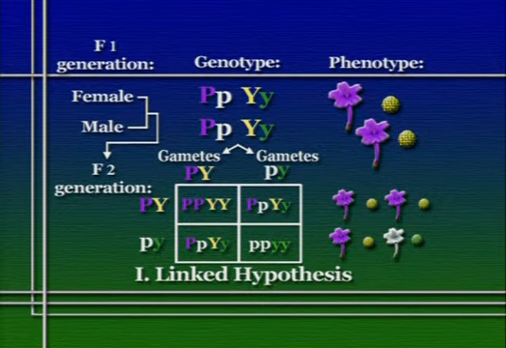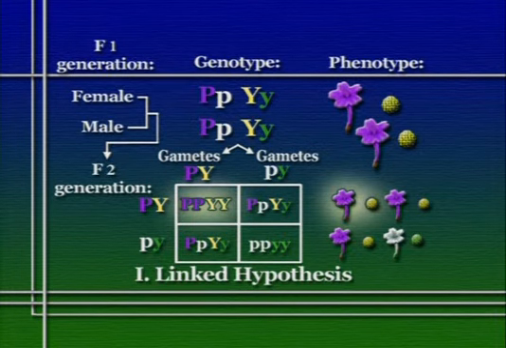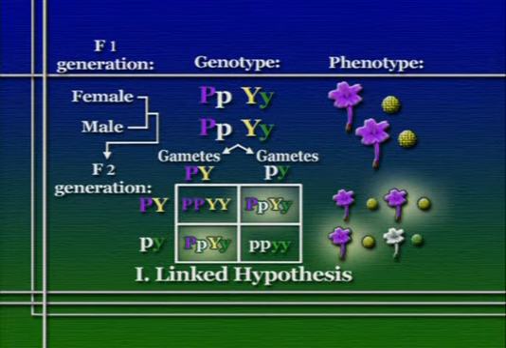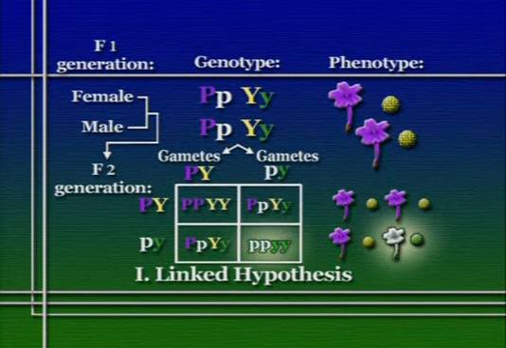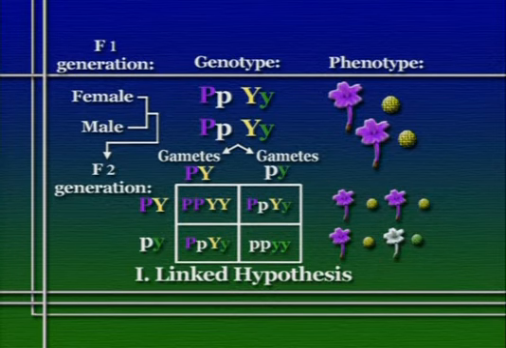Furthermore, we would have only purple-flowered, yellow seed individuals, which could be homozygous for that dominant trait or heterozygous for both traits, or we could have individuals that were homozygous recessive for both traits, and those would have white flowers and green seed color. Furthermore, just as we saw in our monohybrid cross, we'd expect the ratios of these phenotypes to be 3:1,